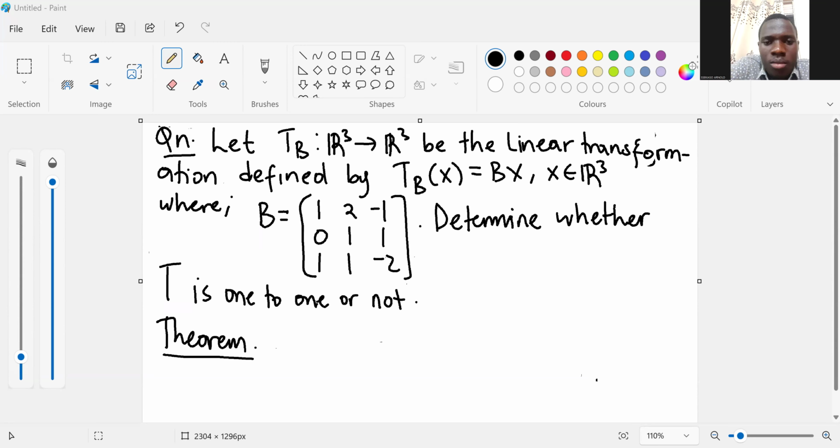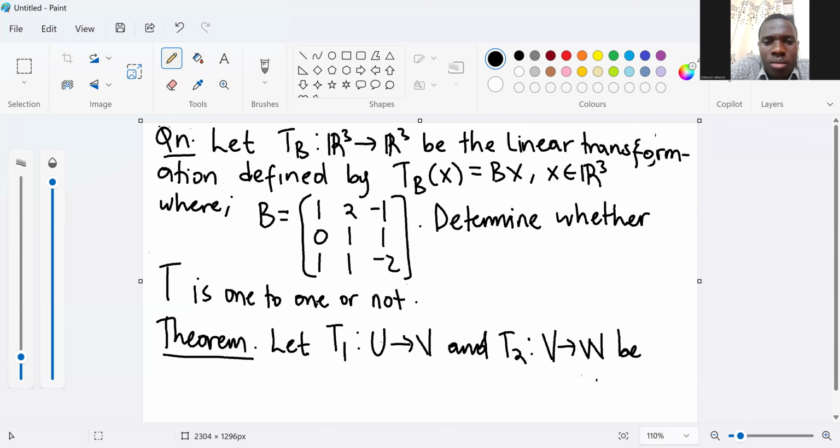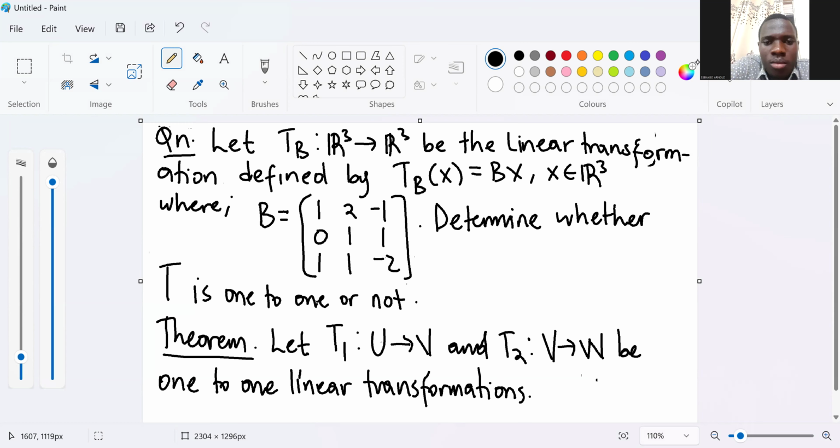What is that theorem? Okay, maybe I step. The theorem says that let T1, which takes U to V, and T2, which takes V to W, be one-to-one linear transformations. One-to-one linear transformations. Then